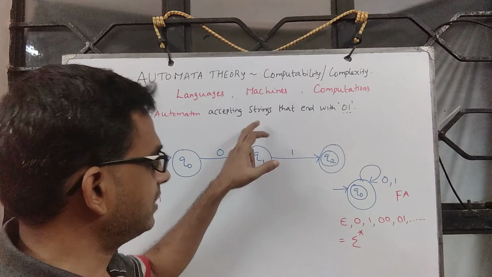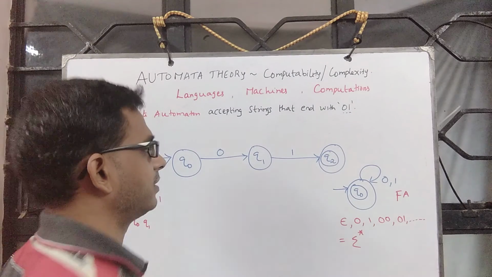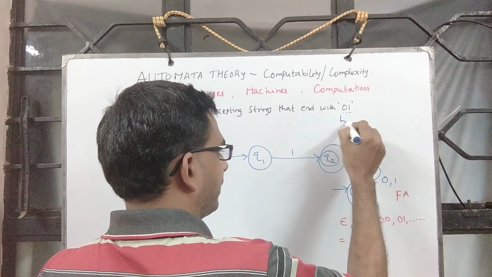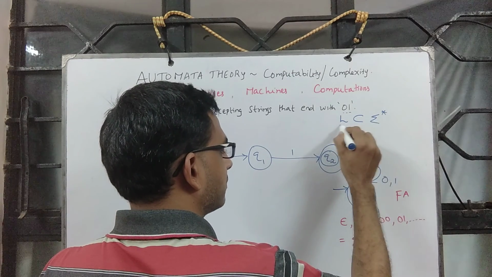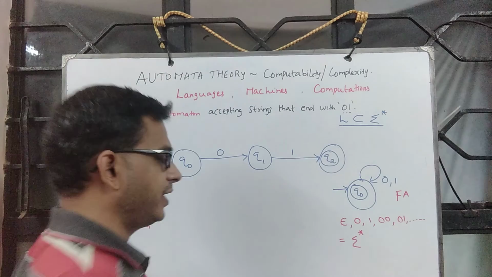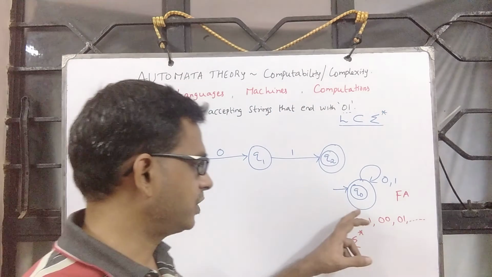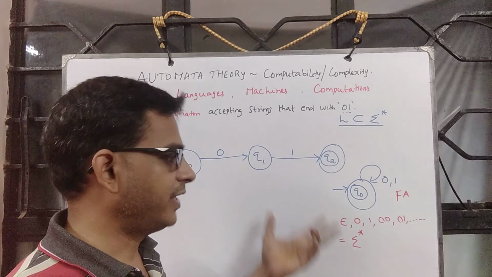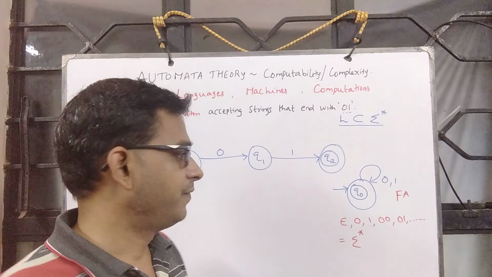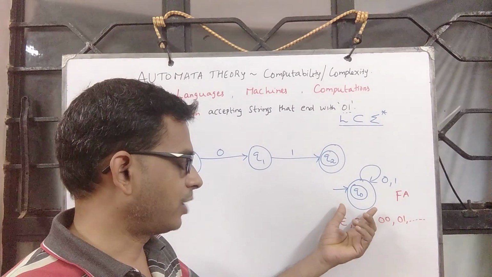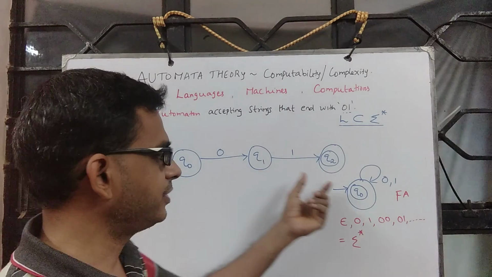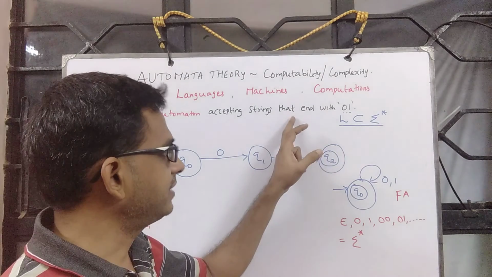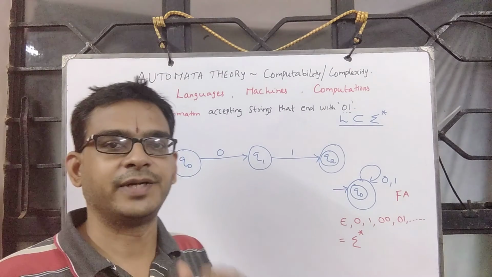But our question is not sigma star. The language accepted by this automaton is only a subset of sigma star. So naturally, this automaton will not do the job. We need a different automaton. We need an automaton having some constraints on each of these states. Only then will this constraint be satisfied. Okay.